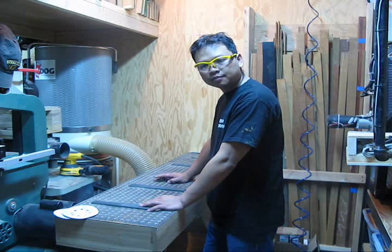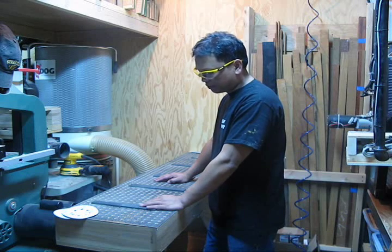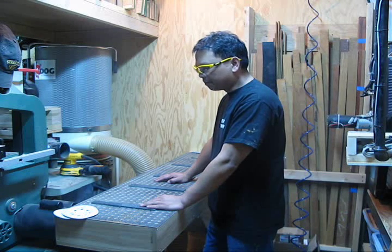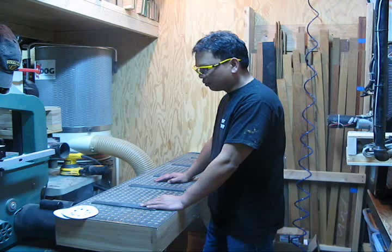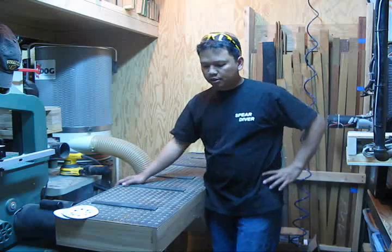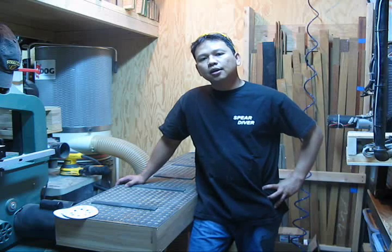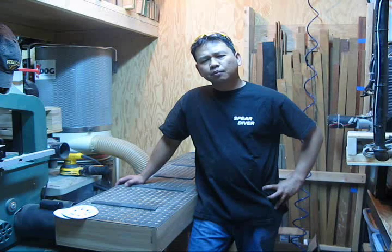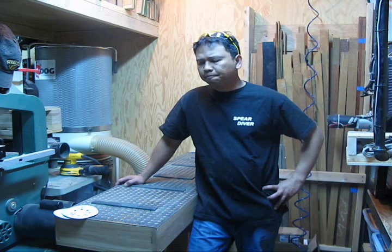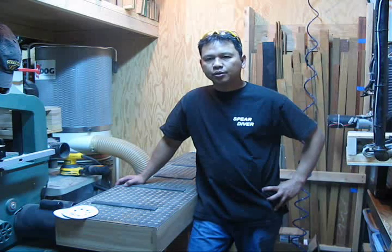So I'm gonna give you a few tips on sanding a spear gun. And the way I sand kind of depends on what the overall or final finish on a gun will be. On a gun that I just use oil on, or an oil finish,